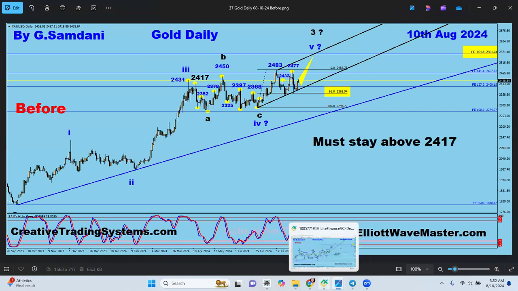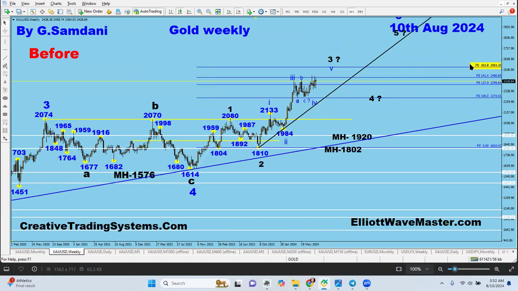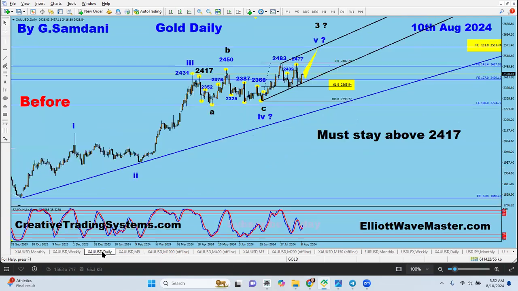Let me show you from the weekly chart. That's the black count. See, this is wave 1, 2, and like I said, we were finishing wave 5 of this blue count, 1, 2, 3, 4, 5. And once this wave 3 is finished around this area, see that 2561, that's the area I'm talking about, this chart is going to be 2561.